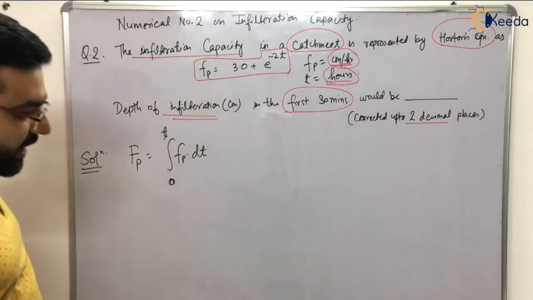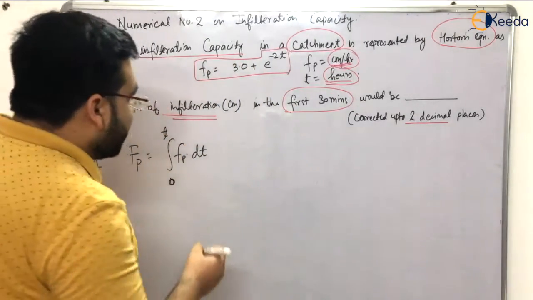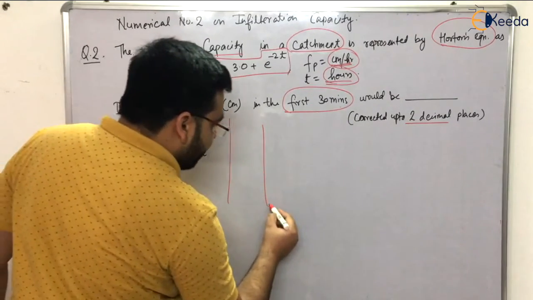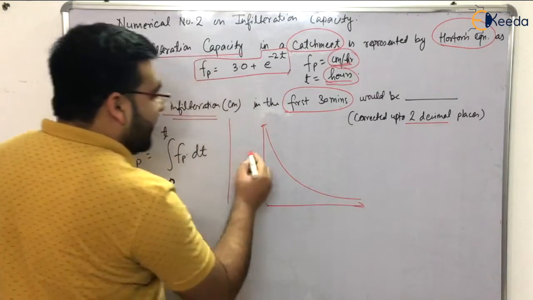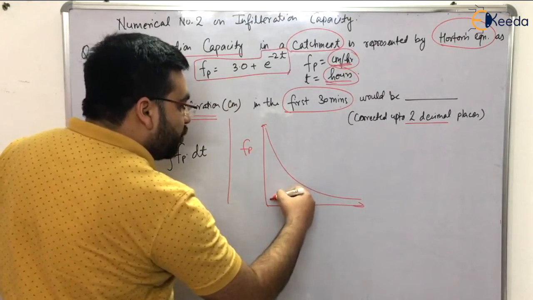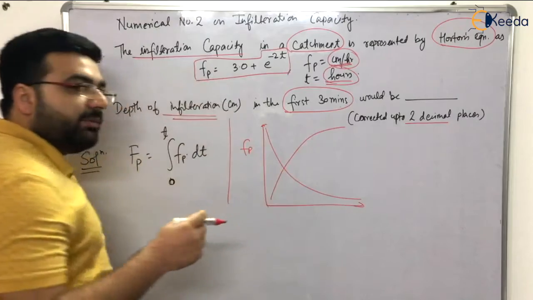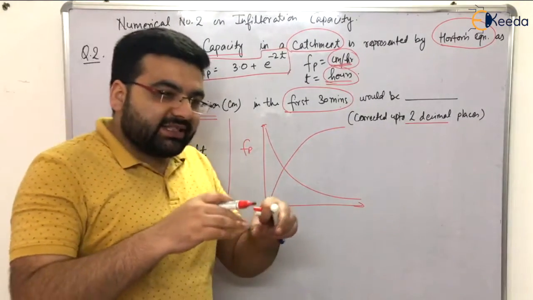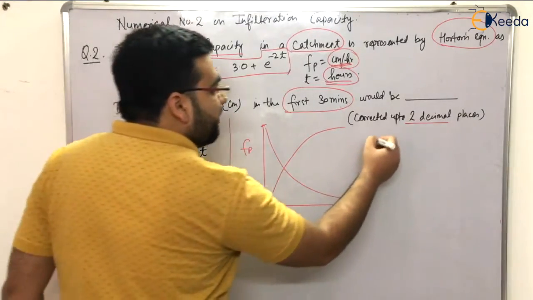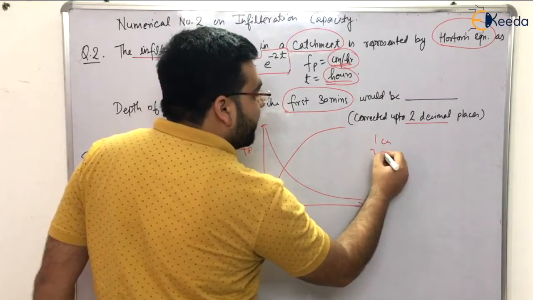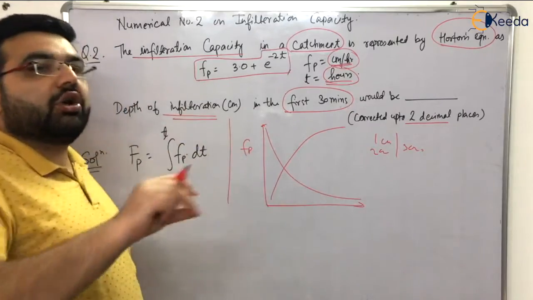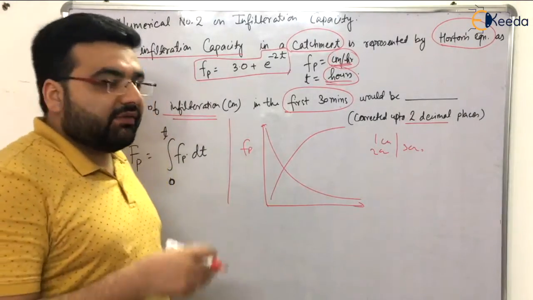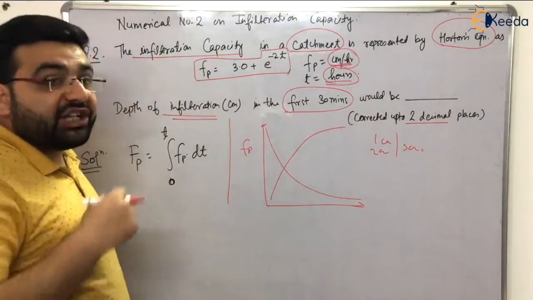So students, I have already told you that the Horton's graph is given by this. This is the infiltration capacity at any time t, Fp, and this is the cumulative also. Cumulative means how much it is adding. For example, initially it was 1 centimeter, then in the next hour it was 2 centimeters, so cumulative will be 3 centimeters. 3 centimeters is the overall depth of infiltration happening over that particular catchment area.